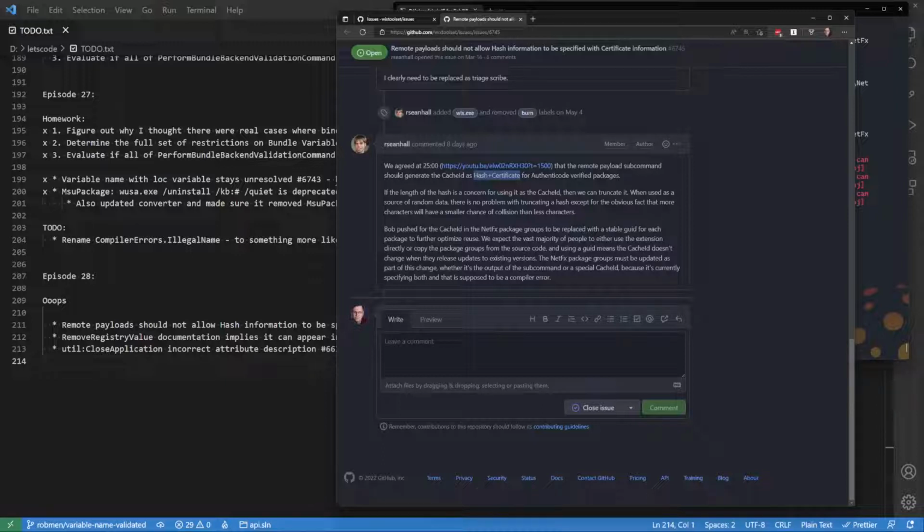Which means we need to go back into the generation of the cache ID in the remote payload command and update it to include the hash plus certificate. And we're going to have to truncate. We're going to have to make things smaller because that path is going to end up, if we take the two of them, with, I don't know, 200 plus characters in the name of the path. And that will be bad. That will be entirely too much